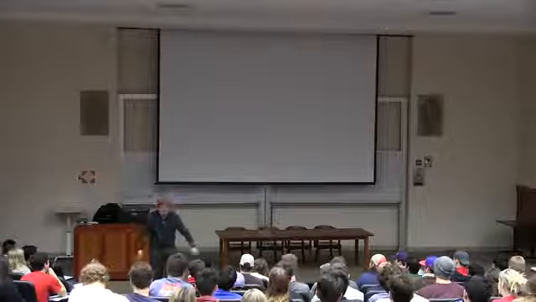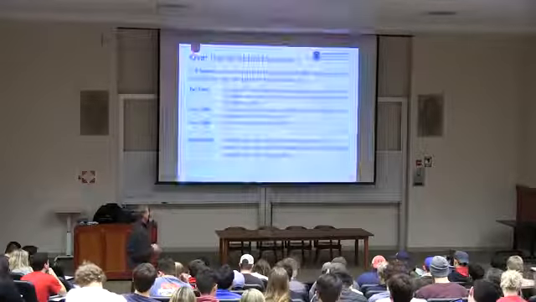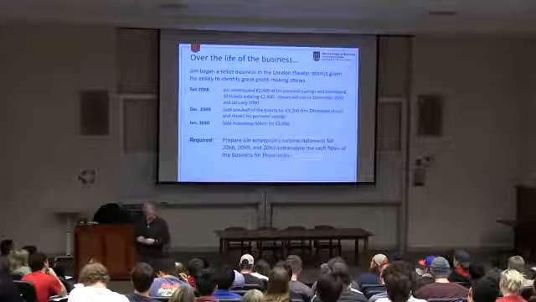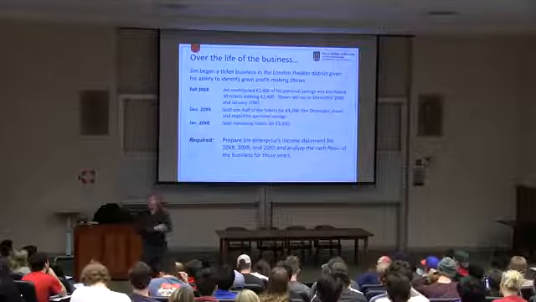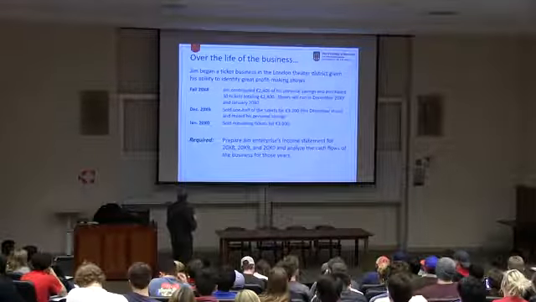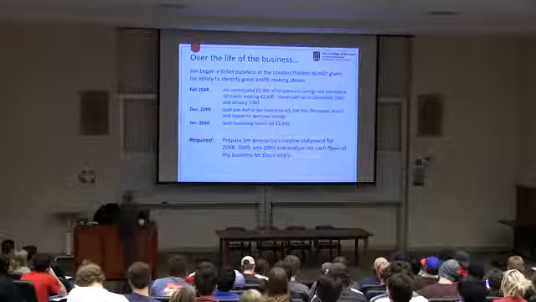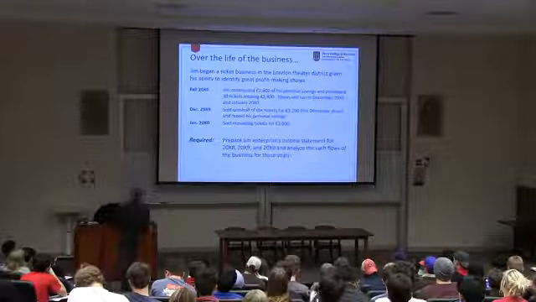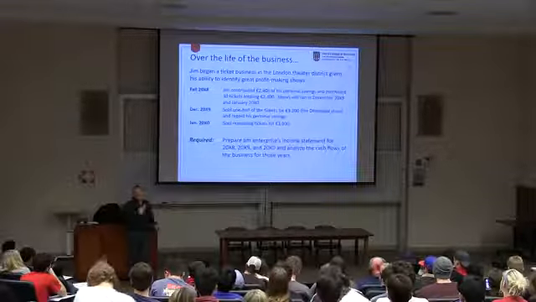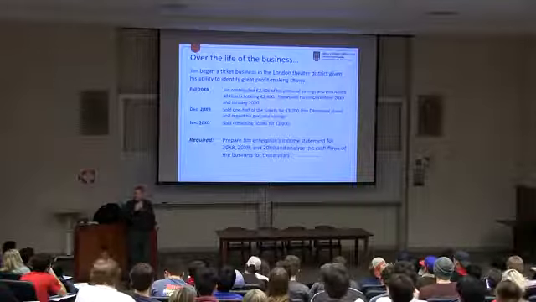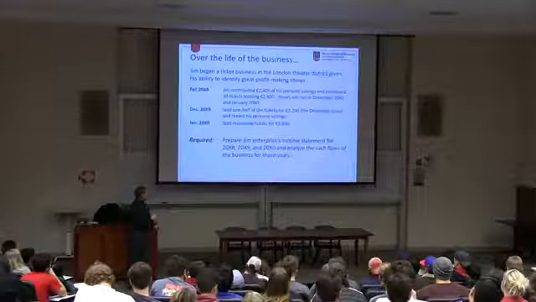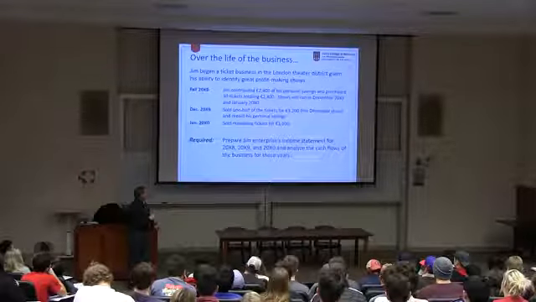But so your example here, you got a guy, an American, decides he's going to go make some money. So he moves over to London, and he's going to make money buying and selling tickets. So you find a lot of people out there kind of selling tickets on the street for some of those plays. So it says, Jim began a ticket business in the London Theatre District, given his ability to identify great profit-making shows. So Jim contributed, and there's an error here. It's pounds. If you go to London, it's not euros, it's pounds, so I apologize. But it says Jim contributed 2,400 pounds of his own personal savings and purchased 30 tickets totaling